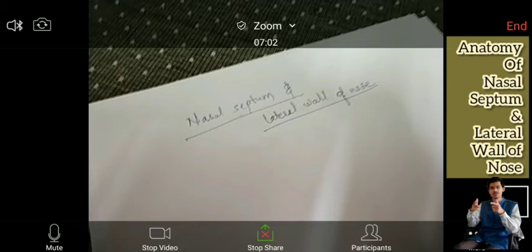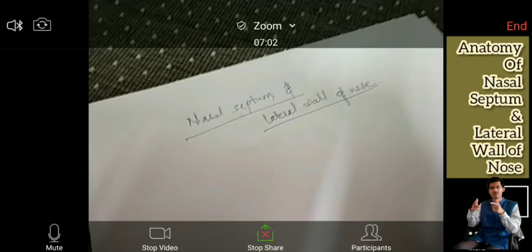What happens is that because of the blockage of the route from which the sinuses drain, the fluid remains there only. So bacterial growth can happen there, and pus formation and all the complications and infections. Pus formation can lead to the weakening of the bony part and the cartilaginous part, leading to the bending or deviation of the nasal septum.